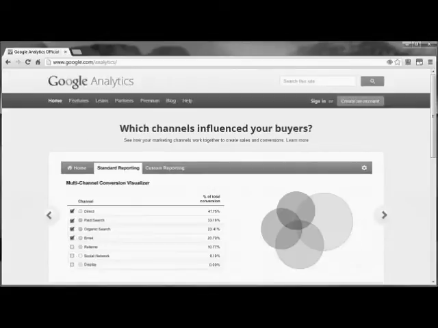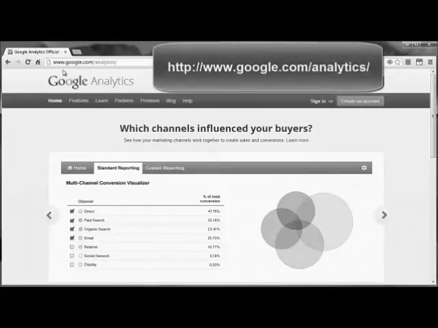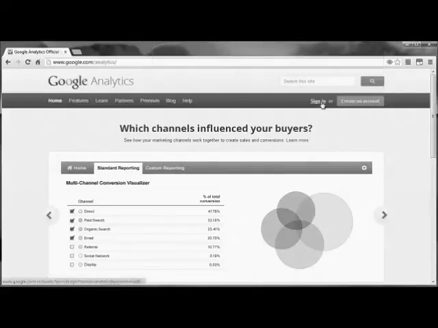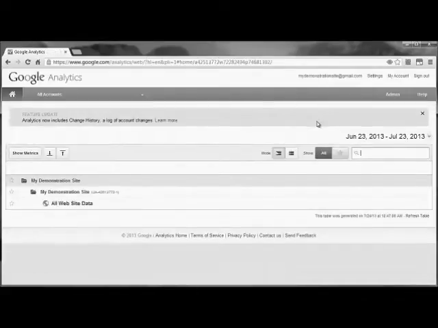So naturally, the first thing we want to do is log into your GA account, and you do that by heading over to google.com/analytics. And if you're not already signed in to a Google account, like Gmail or AdWords or whatever, then whenever you click on sign in, it'll prompt you to enter your username and your password. Now, I'm already signed in with my Gmail account,